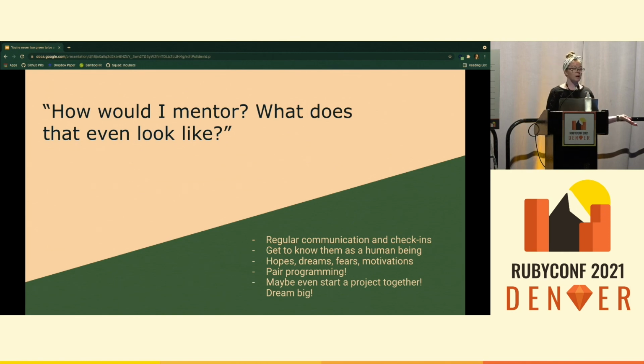Pair programming is great. Maybe they're in a coding boot camp and maybe they're having an issue with a project or with an assignment. So you could pair program with them. There was an earlier talk today about pair programming as a great mentorship opportunity that is wonderful. If you were not able to attend, I highly recommend that you watch the recording once it's posted later on.